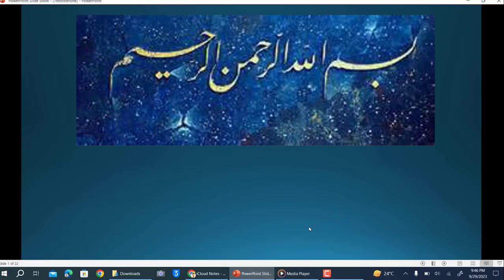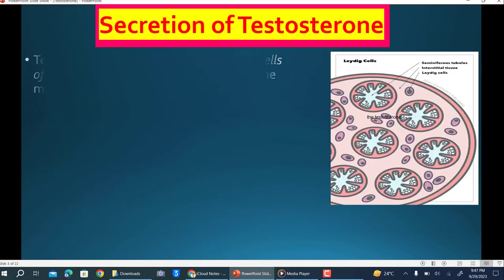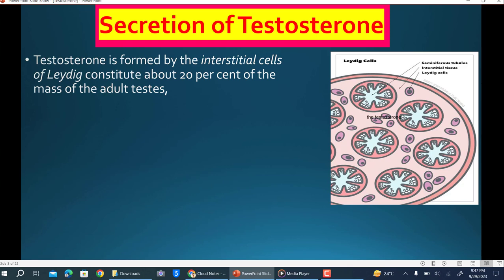Bismillahirrahmanirrahim. Today's lecture is related to the function of testosterone. Secretion of testosterone. Testosterone is formed by the interstitial cells of Leydig, which constitute about 20% of the mass of